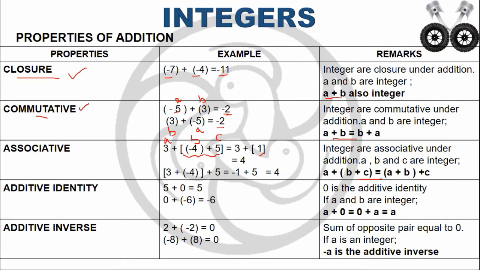So next we have to write 3 plus 1. These two integers are having the same sign, positive sign. So we have to add. So 3 plus 1 is 4. The answer here is 4. So next, now we have to interchange the bracket.